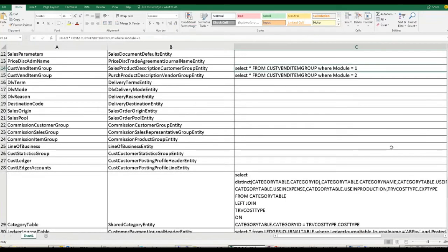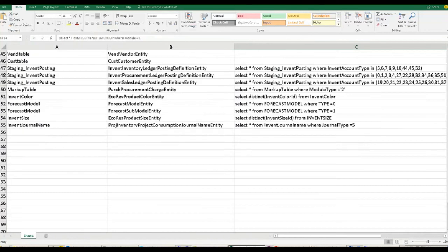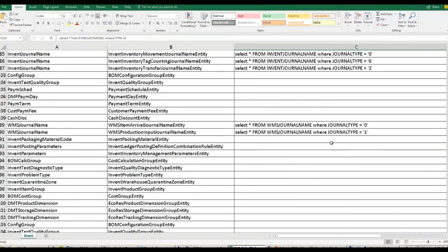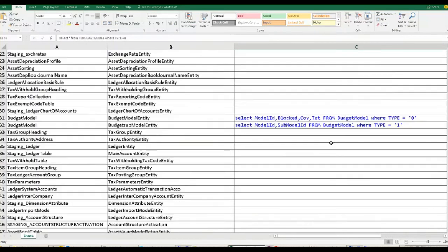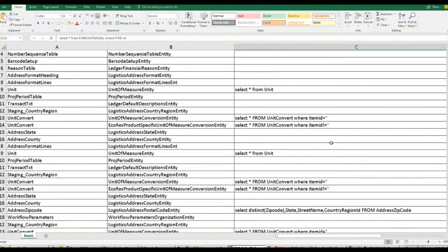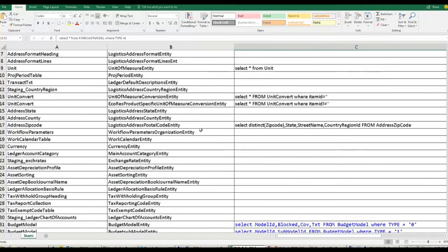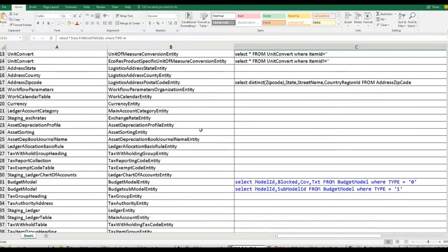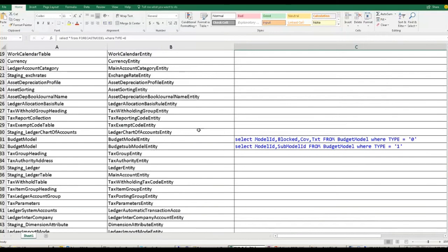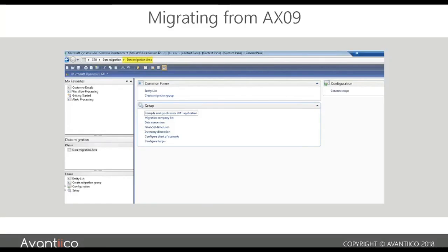There's one bringing over your item groups, some for your forecasting, one for your open sales orders, your unit conversions. So this is the standard configuration file. You load this in to AX 2009.